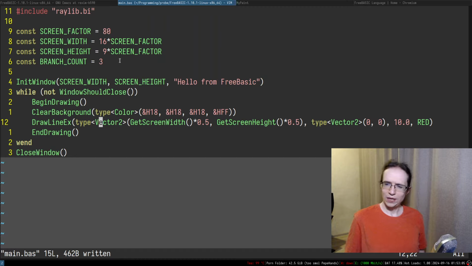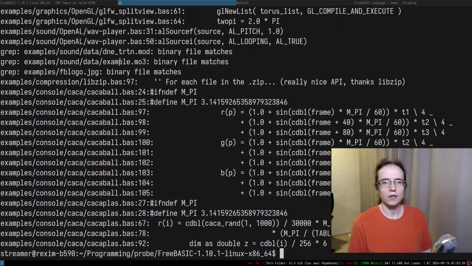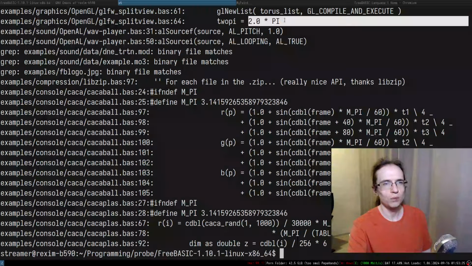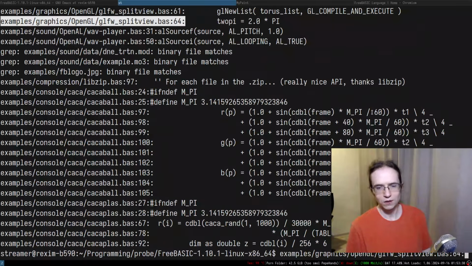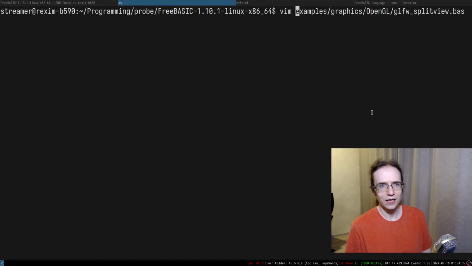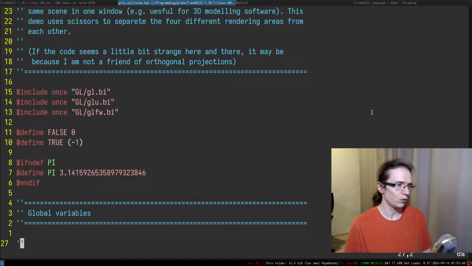And I need to actually work with math. For example, I need pi. Can we search for pi? I'm going to try to search for pi in the examples. Okay, there's an mpi, but it's kind of in a weird place. There is this thing, 2pi. I'm curious about this thing, so let's take a look at it. This is where it is located. Where pi is... Okay, they define their own pi,